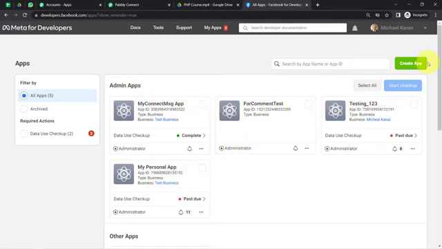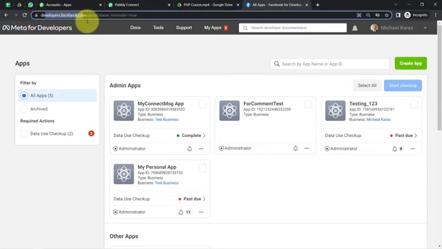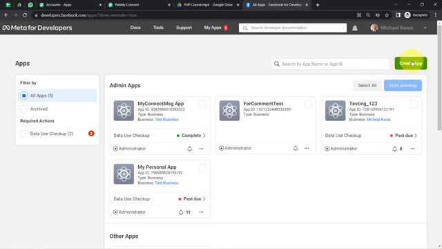So you will have to create your app. The very first thing you will have to do is create an app and generate a permanent token after signing up at developers.facebook.com. And if you are not sure how to create this app and generate a permanent token, I have recorded separate videos on that and attached them in the description box. You can watch those videos, set up your WhatsApp Cloud API account, and then come back here to this video. Okay, so I'm assuming that you have already created an app, and then you will have to choose your